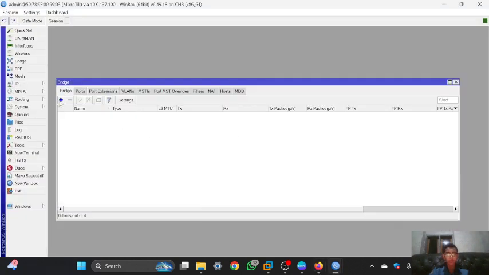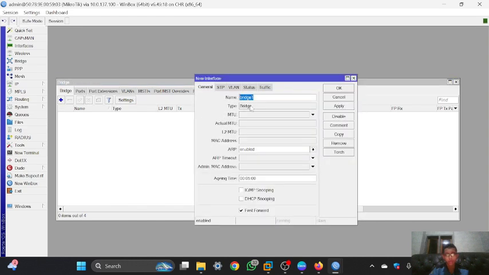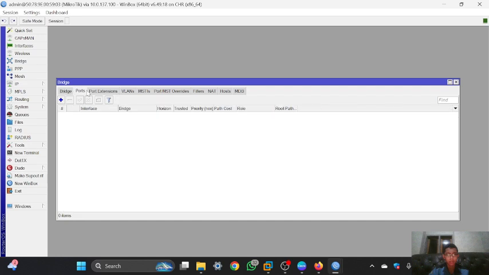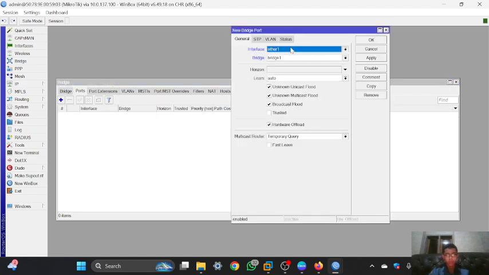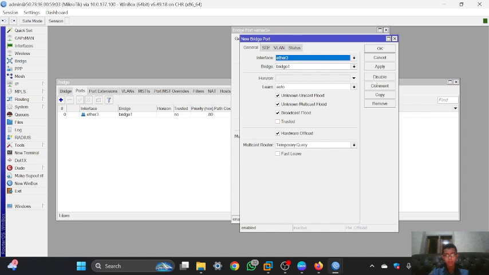And you can go to bridge and then IP, and then for the bridge I will set it default and then apply, and the port is the Ethernet 3 and 4, because VPC1 and VPC2 are using these ports, and you can click apply.